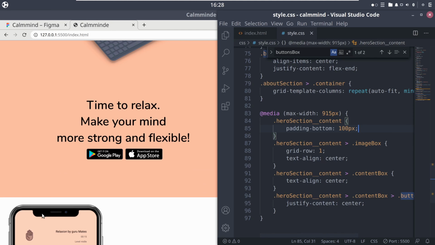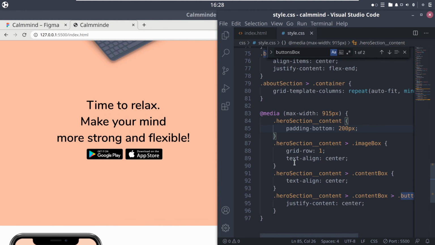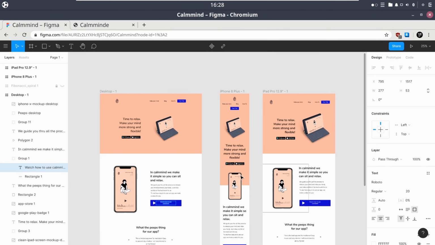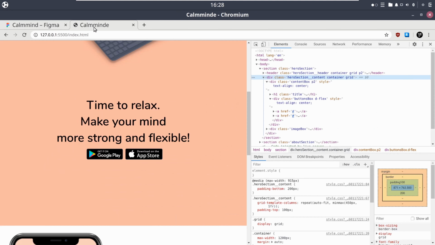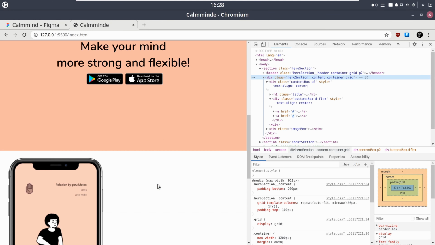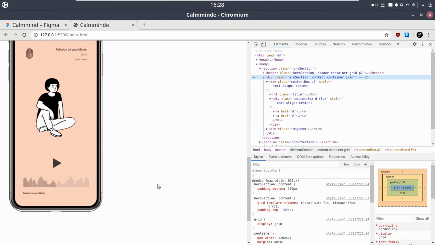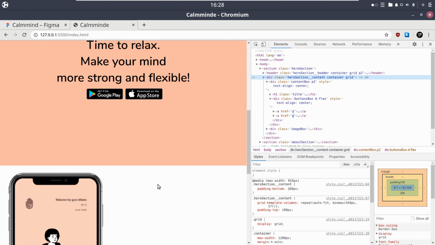And then the mobiles have to move in the top, so probably more than 100. Probably we can do a 200 pixel of padding here, because the mobile down there is going to move it here in the top. Okay, as you can see here in this design. But now for the moment that's fine like this. Let's go to make this mobile as well. We say